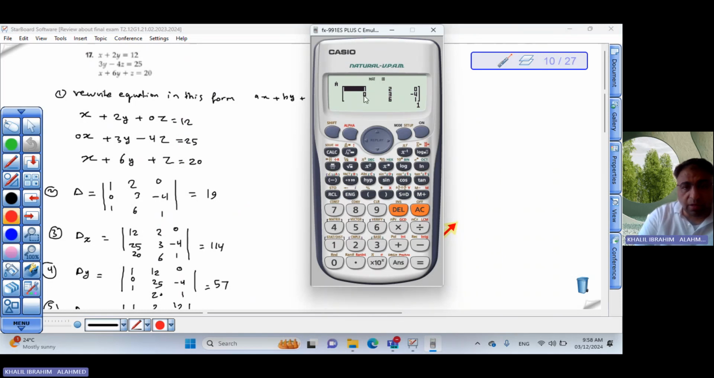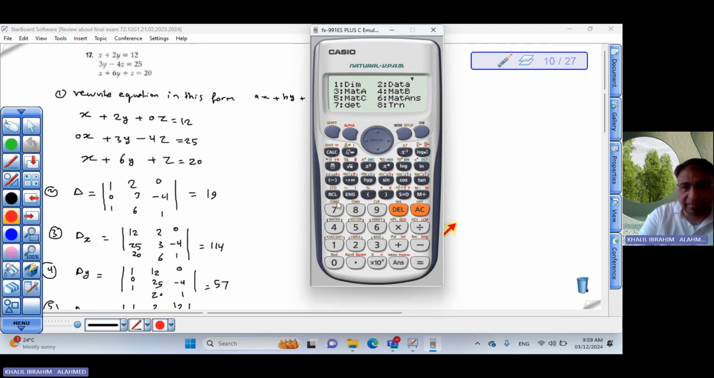Okay, change the first column. 12. Okay, then go down. Here, 25. Okay, go left. This is 20. Okay, everything is ready. AC, shift,